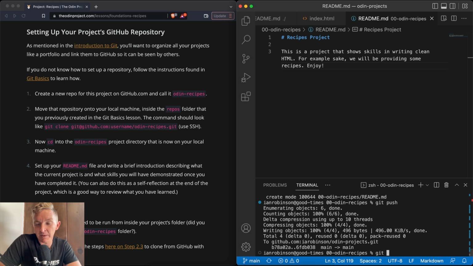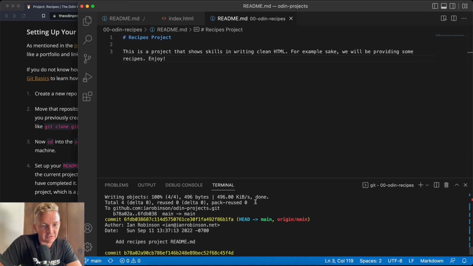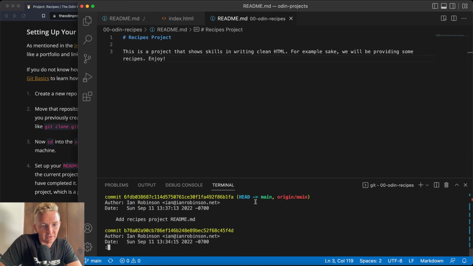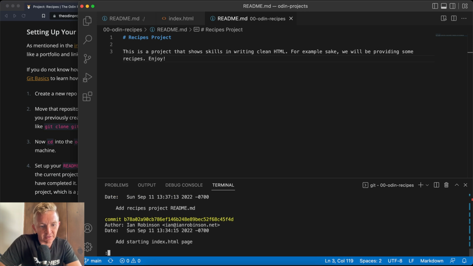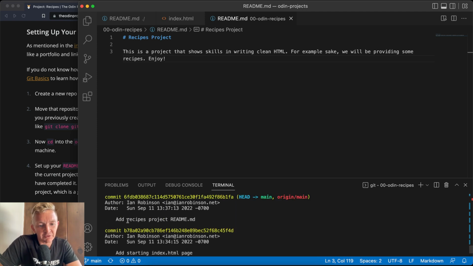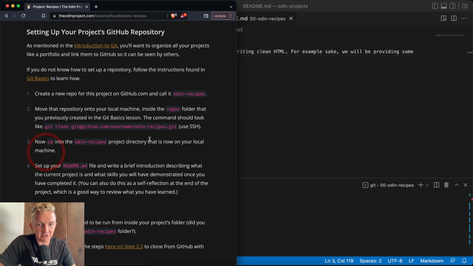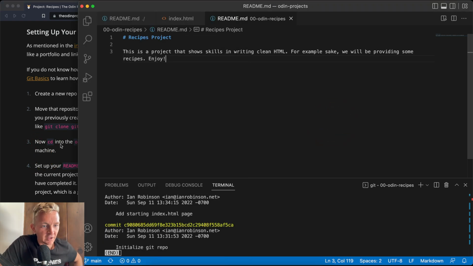Now we're getting to see, maybe from the last video when we were talking about the importance of commit messages, well, here we can look at them now. You see these: add recipe project README, add starting index HTML page, initialize git repo. So you can see we're trying to use these very specific git commit messages. And I think that this is really important because this is building a strong foundation for being good at this